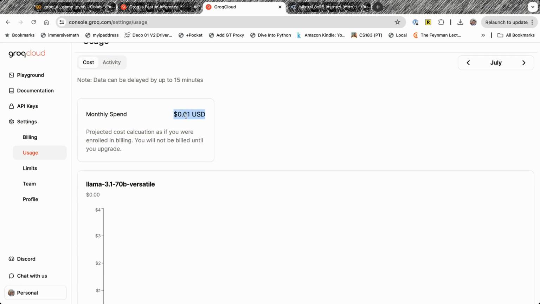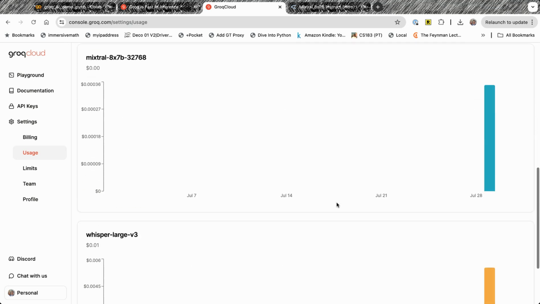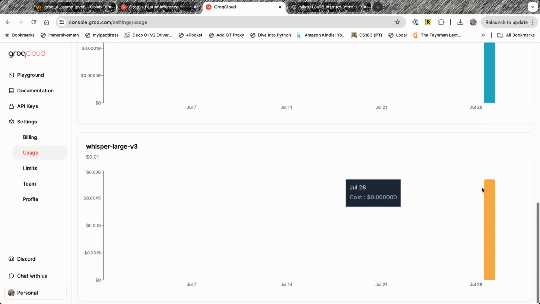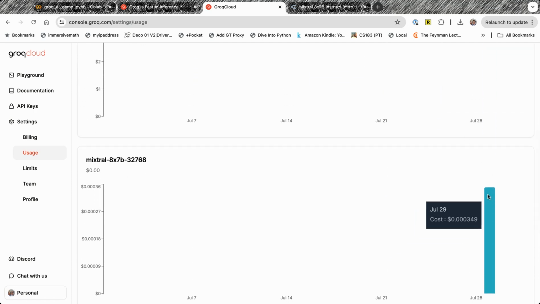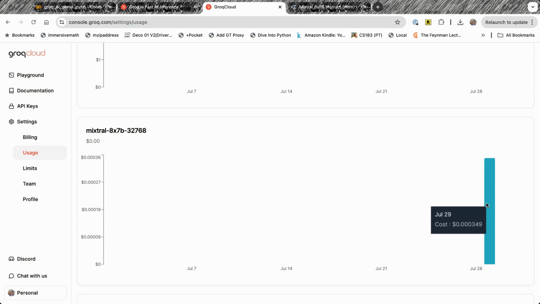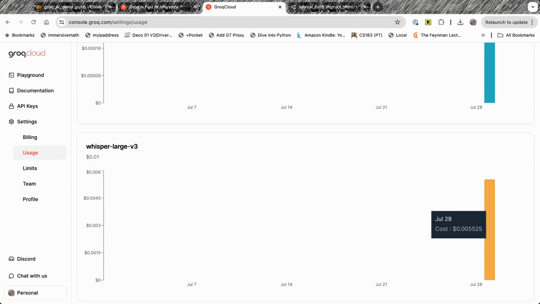I would have paid like 1 cent so far, and I've been playing around a little bit, and it also shows you what kind of costs you are encountering in which model. So I use the Mixtral 8x7B model, hardly any cost, right? And on Whisper Large 3,